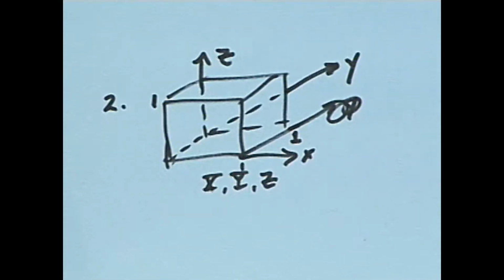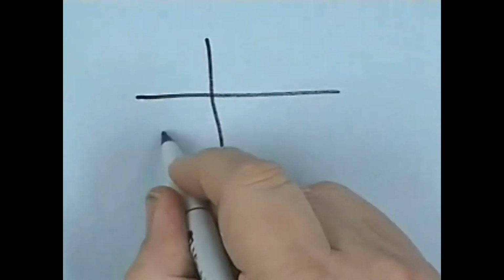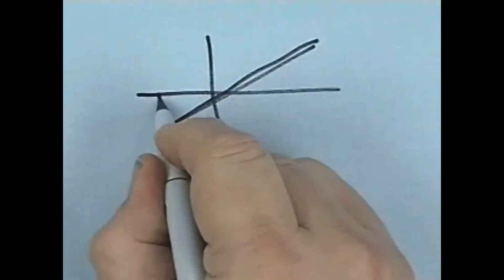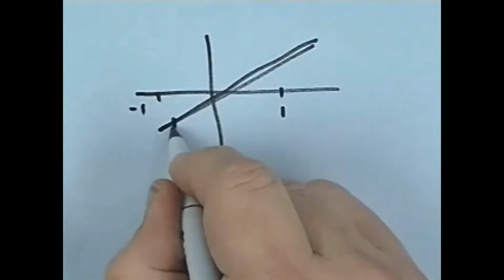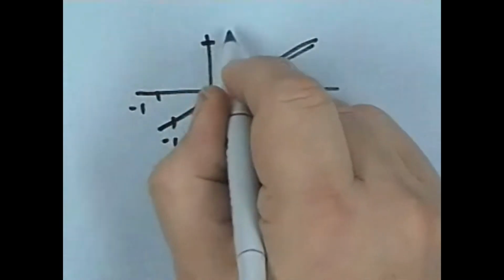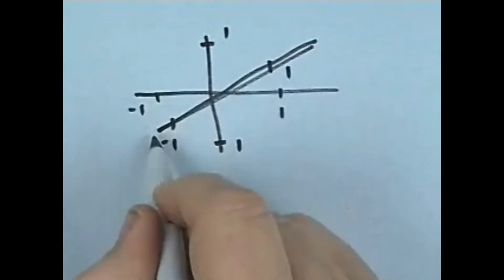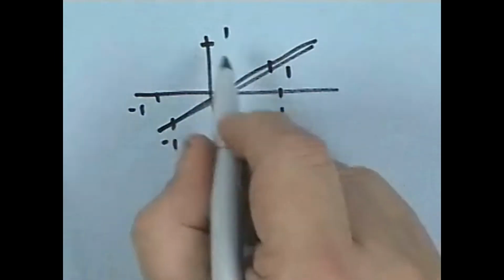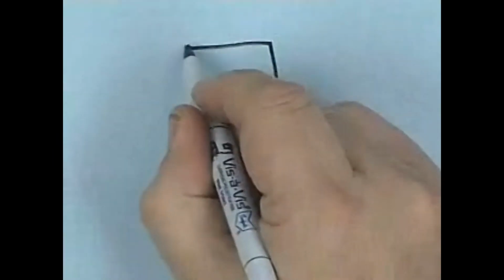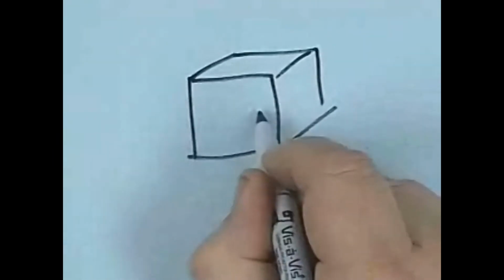Do you agree with that? Oh, you don't? Shouldn't it be a 2 by 2 by 2 cube? It's negative. Oh, you're right, you're right. This is from -1 to 1. You're exactly right. I didn't read my problem. I would have at least got partial credit on that one. You're right. I didn't see it was from -1 to 1. So it's -1 to 1, -1 to 1, -1 to 1. So therefore we have a cube, and here's the origin.